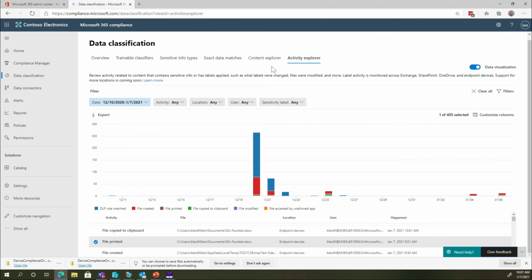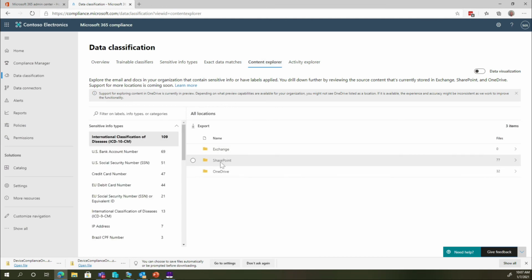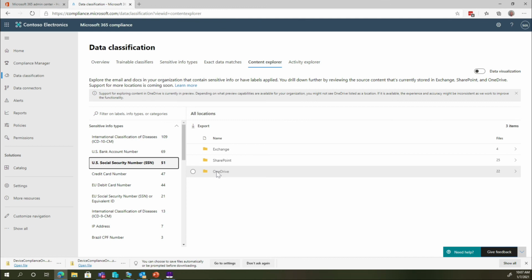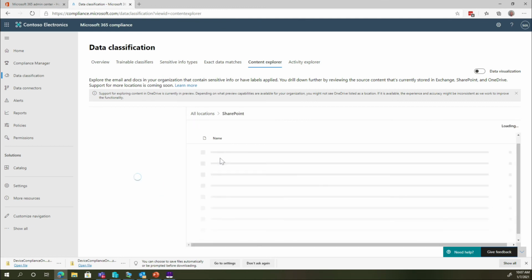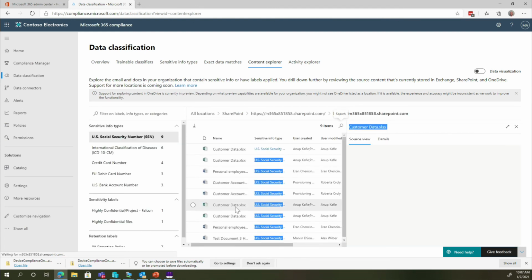Content Explorer is another cool thing where you can actually go in and look at the different files, and you can start isolating things based on social security numbers. You can say, okay, where do I see most of these things, like in SharePoint? So you open it up and you'll see the different kinds of documents that are in SharePoint that meet the sensitivity type information. And you can also get